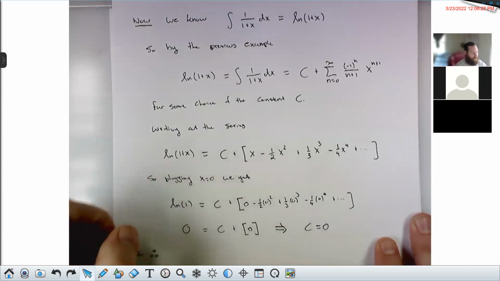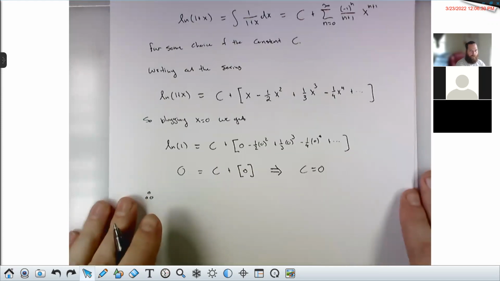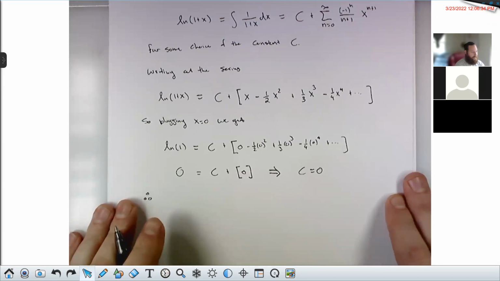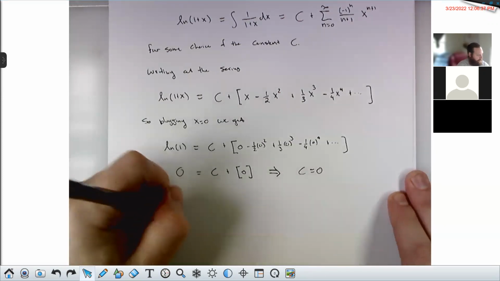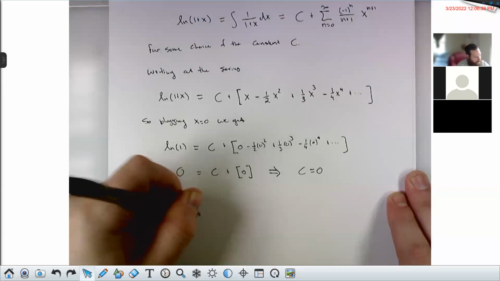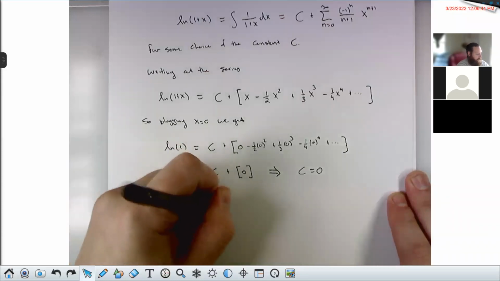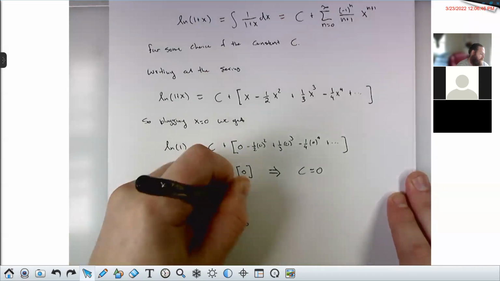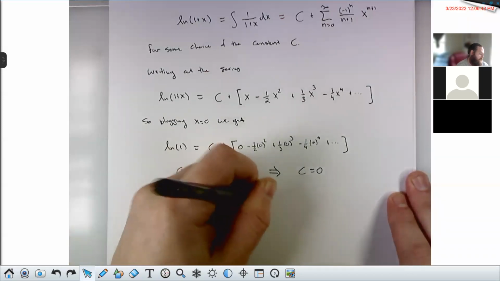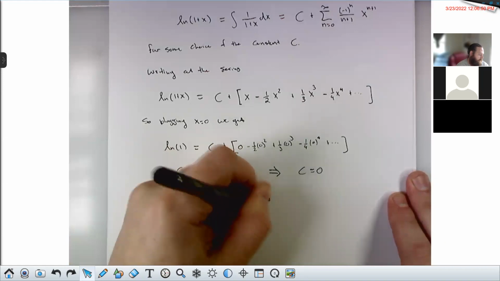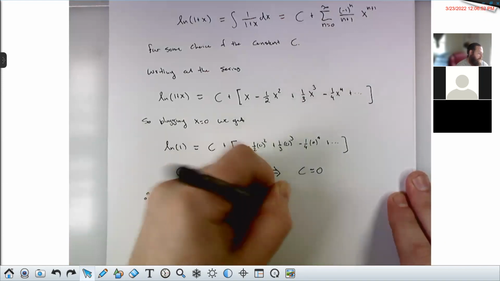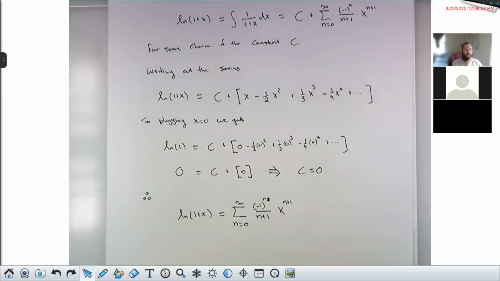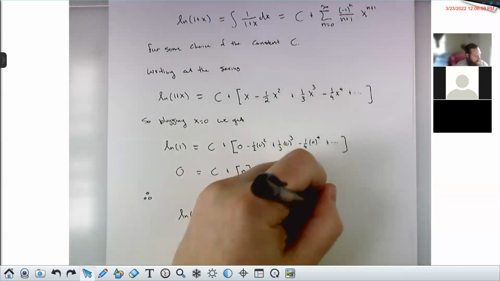Therefore, this is the second of 3 very important series formulas that I'm going to give you today. I'll give you the third one in just a moment. The natural log of 1 plus x is straight up equal to sigma n from 0 to infinity, negative 1 to the n divided by n plus 1 times x to the n plus 1. And the IOC here